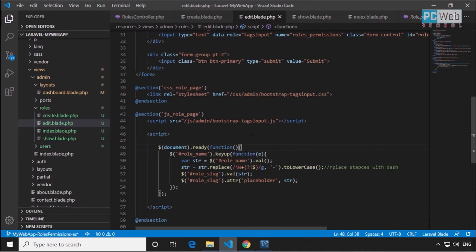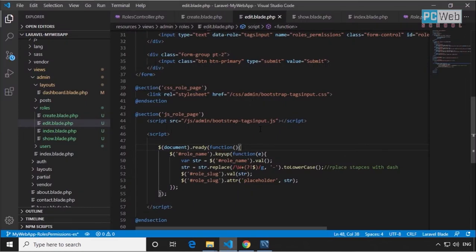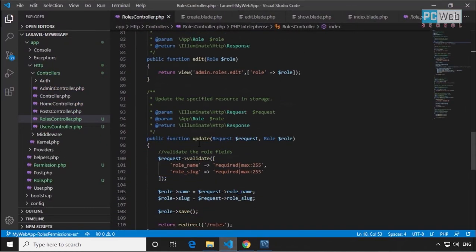So let me just paste that on here, save it, and if I go back, refresh that, now let's type something, create, and just add something here, a comma, and as you can see, this is working now. So we have done this to work. So if I submit now, if I go to the controller, this will call the update